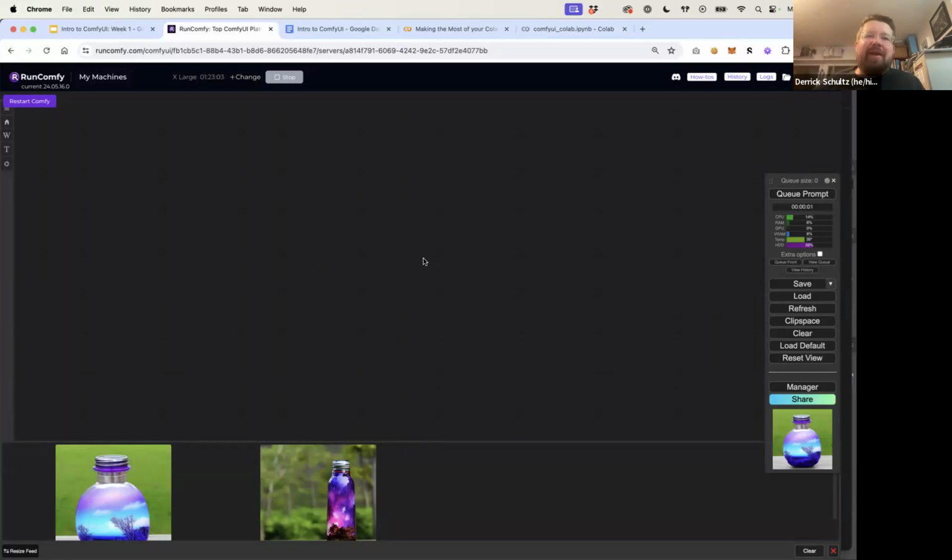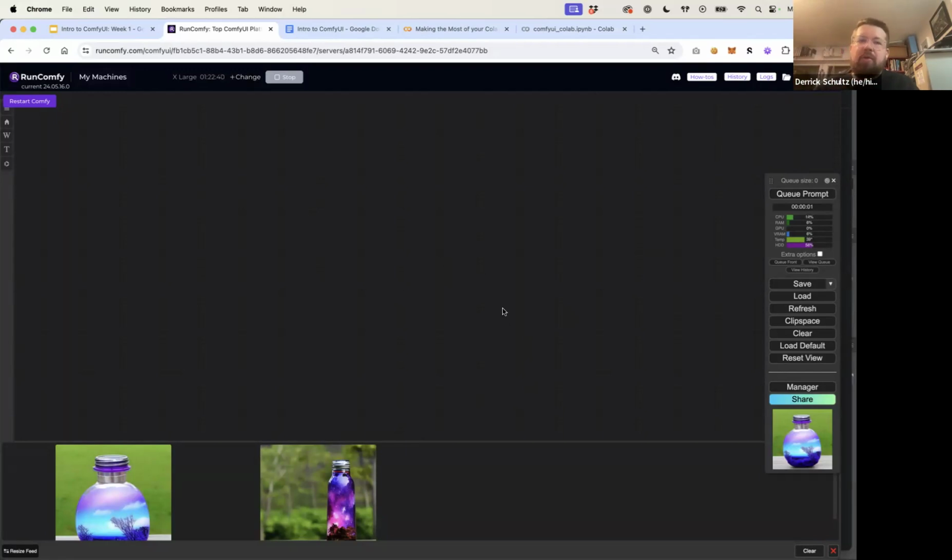95 out of 100 times, you're never going to start with a blank workspace. But for this group, it's just kind of fun to start with a blank one and work from there. 9 times out of 10, you're going to start from a previous workflow, someone else's workflow, or something that you started with, or you're going to start from the default workflow and build off that. So you almost never start with a blank canvas. It's very rare you do this.